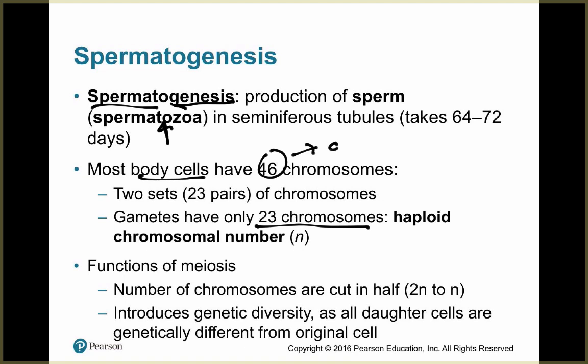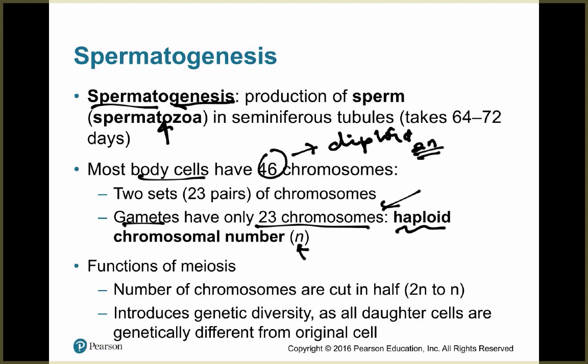So this up here is what's known as a diploid cell. And basically these gametes or sex cells are known as haploid. And you can tell the difference: a haploid cell is 1N and a diploid cell is 2N. Okay? And so this whole process of spermatogenesis, that's specifically for the production of sperm, uses a process known as